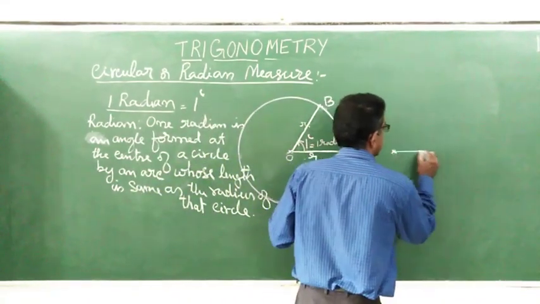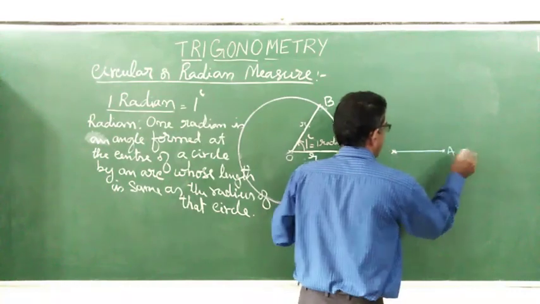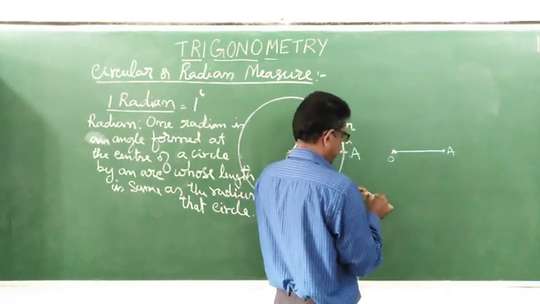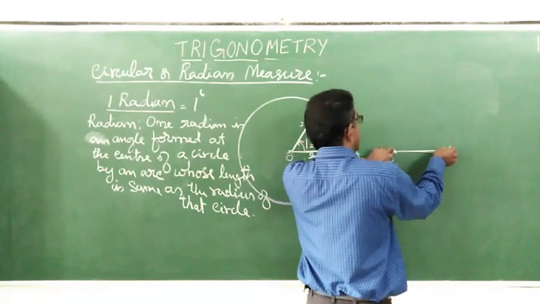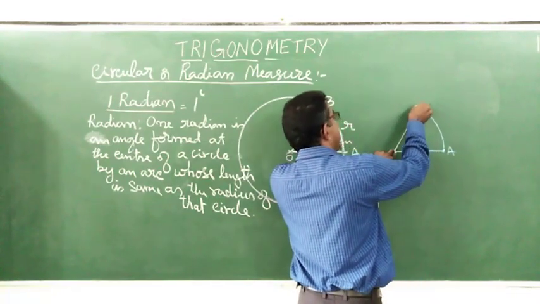See, suppose if I take a ray OA, this is O. Let me just only take this is the radius. Now when you rotate anti-clockwise,